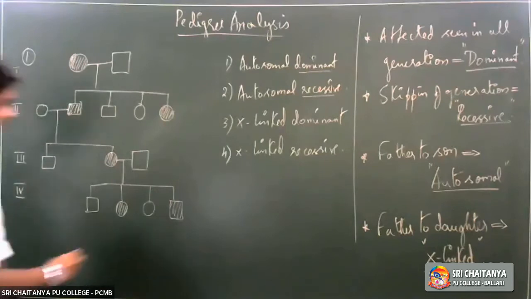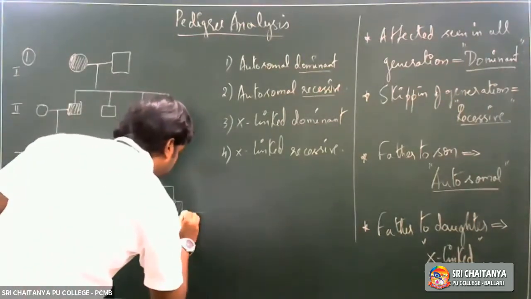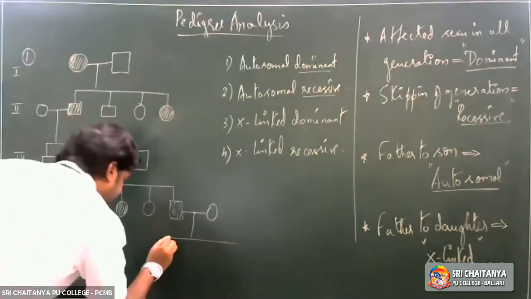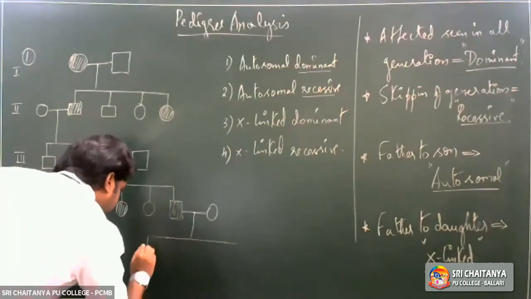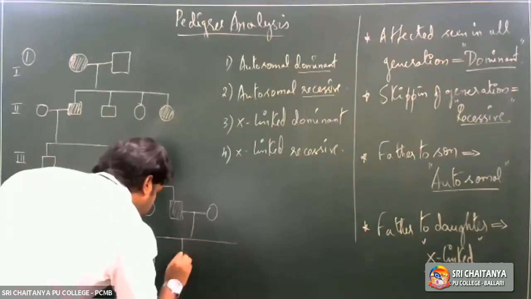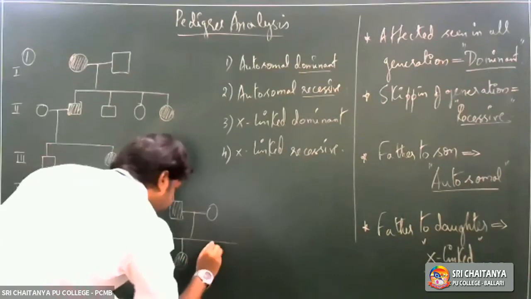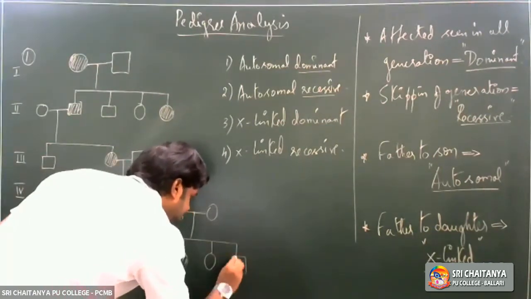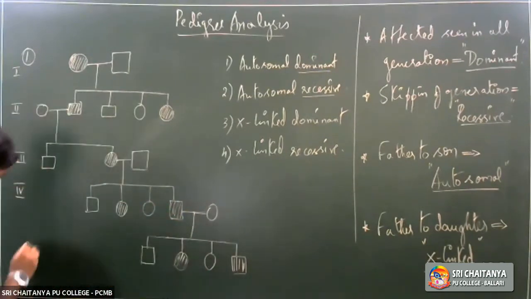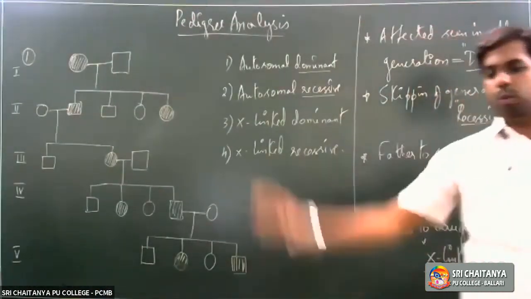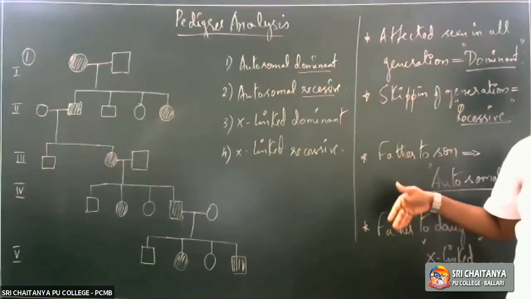Okay, so there is one more generation added here, so you can just make a note of this also. They have 4 children here again. So this would be generation number 5, the 5th generation. So we have 5 generations of individuals here. This is what we have with the question.